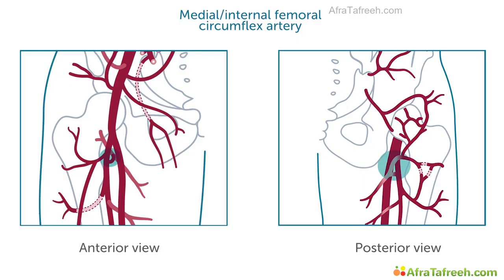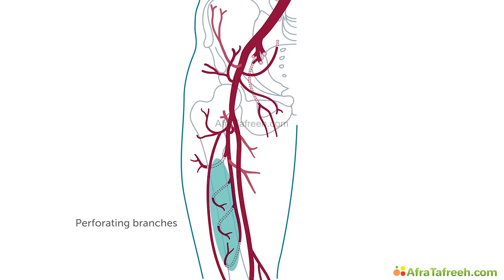We also have the medial or internal femoral circumflex artery, which goes around the posterior side of the femur, supplying its neck and head. It branches into the ascending branch and a transverse branch. This transverse branch anastomoses with the transverse branch of the lateral femoral circumflex. Lastly, we have the perforating branches that perforate the adductor magnus, contributing to the supply of the muscles in the